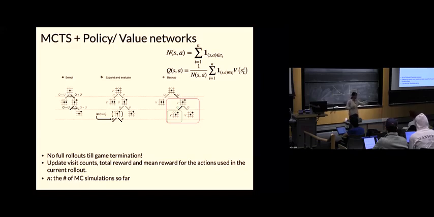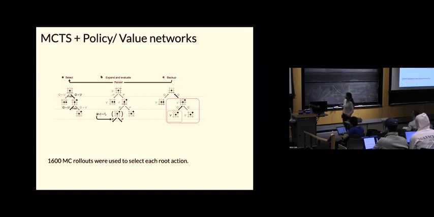Now, this is a major improvement because it was extremely expensive to try to play all the time till the end of the game. That's super expensive just to get an extremely noisy idea of your reward. Can you imagine how noisy the reward would have been? Okay, so we got rid of this. And that's it. So we're going to do 1,600 rollouts. If you start from scratch and you do 1,600 rollouts, how many nodes do you have in your tree?